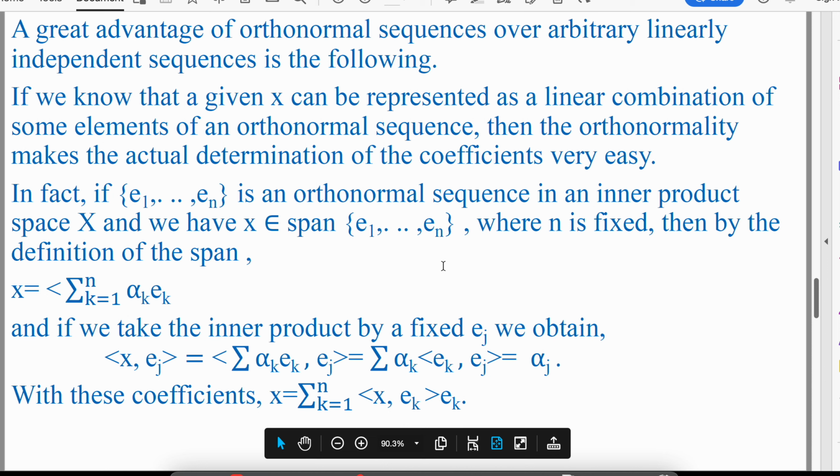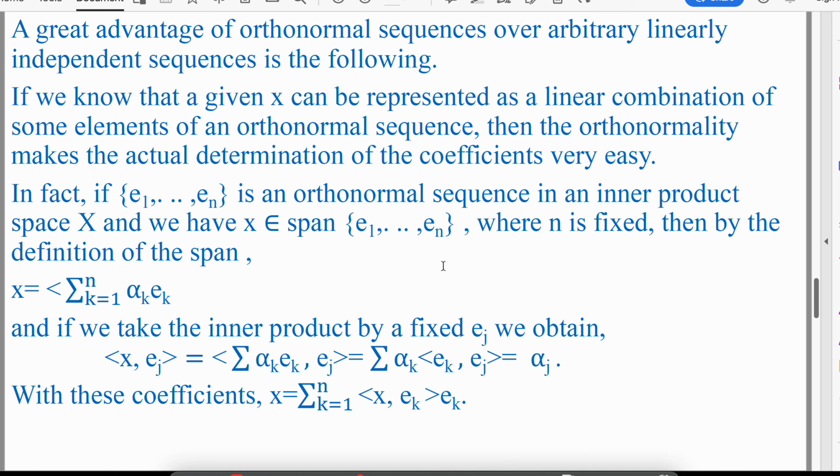A great advantage of an orthonormal sequence over an arbitrary linearly independent sequence is the following. If you know that a given x can be represented as a linear combination of some elements of an orthonormal sequence, then the orthonormality makes the actual determination of the coefficients very easy. In fact, if e1, e2, ..., en is an orthonormal sequence in an inner product space X, then we have x belonging to span of e1, e2, ..., en, where n is fixed. Then by definition of the span, x is equal to the sum over k equal to 1 to n of alpha k